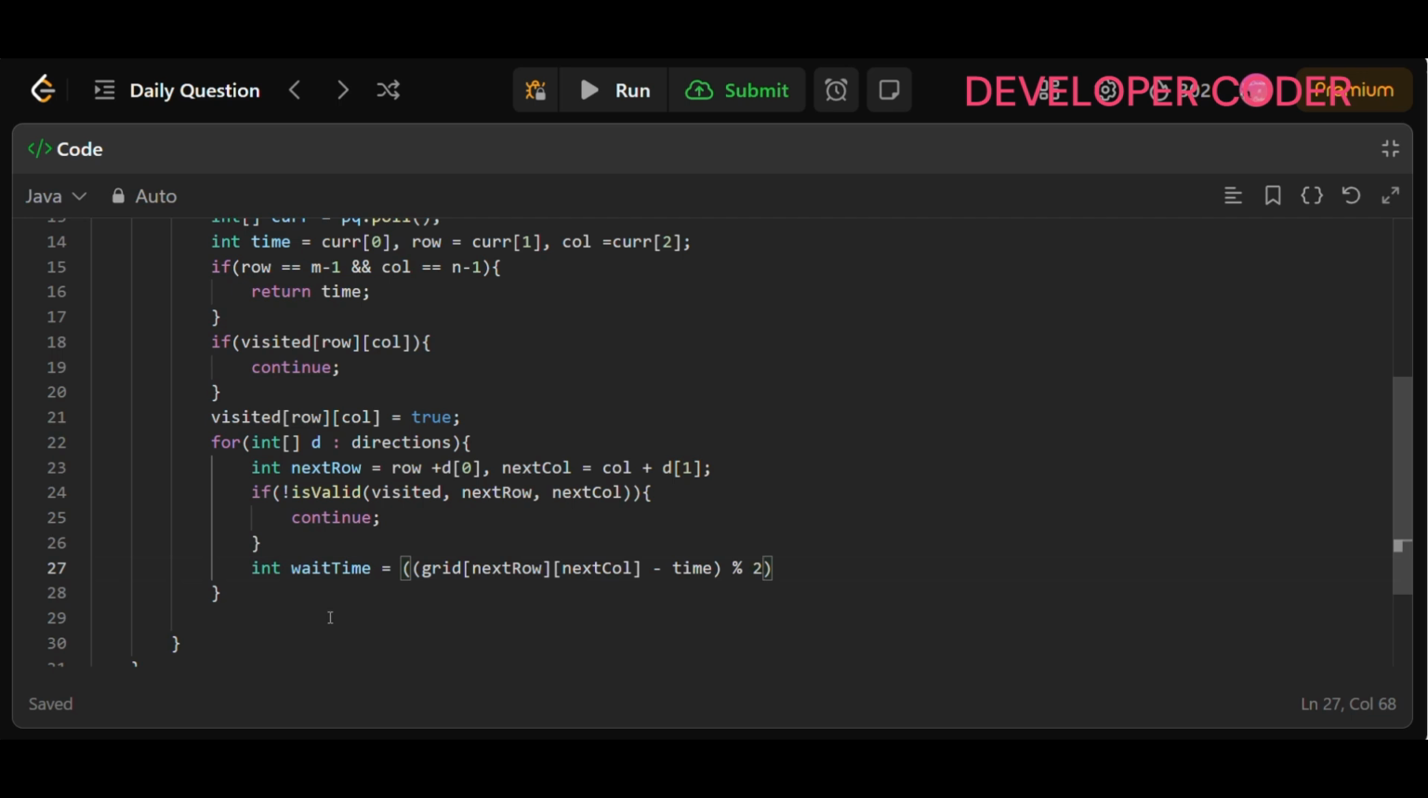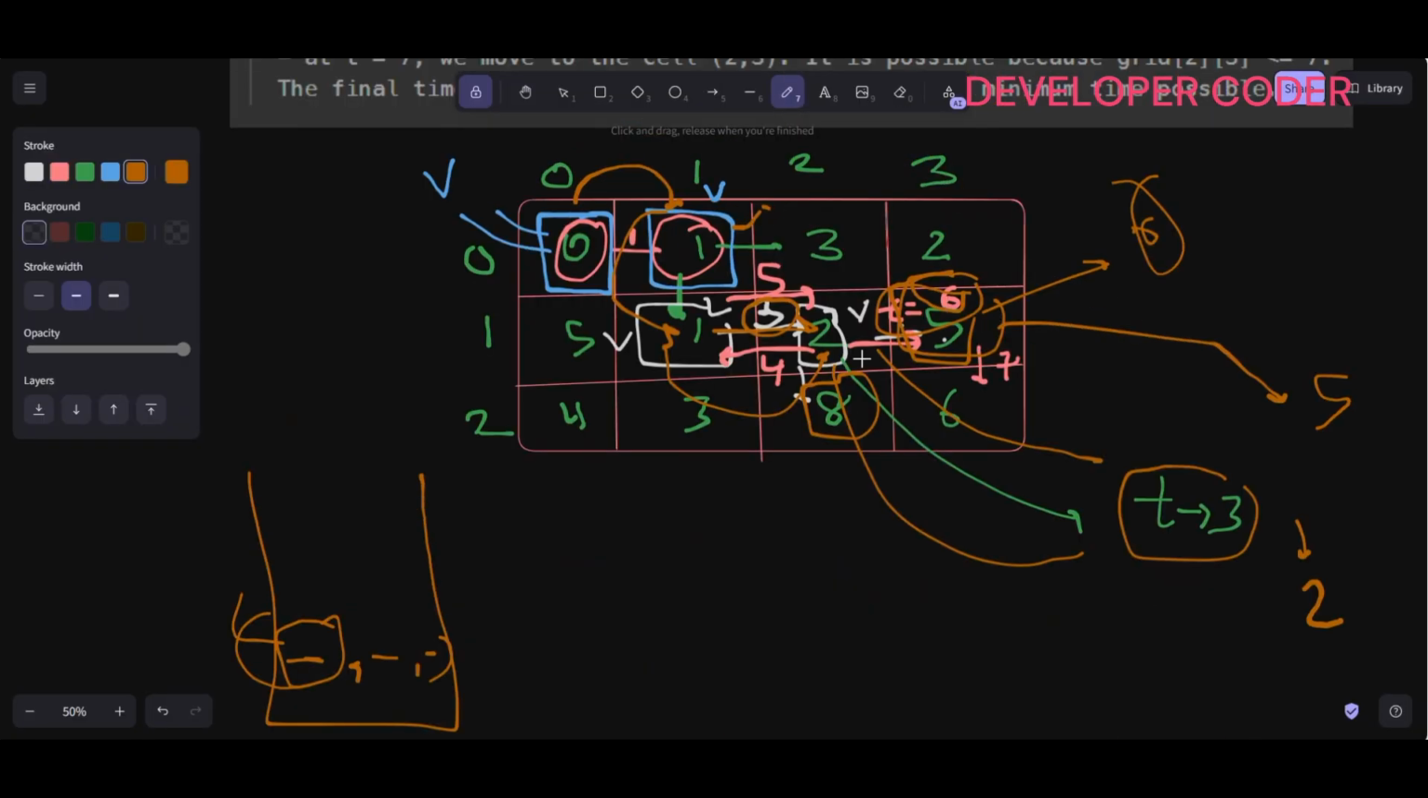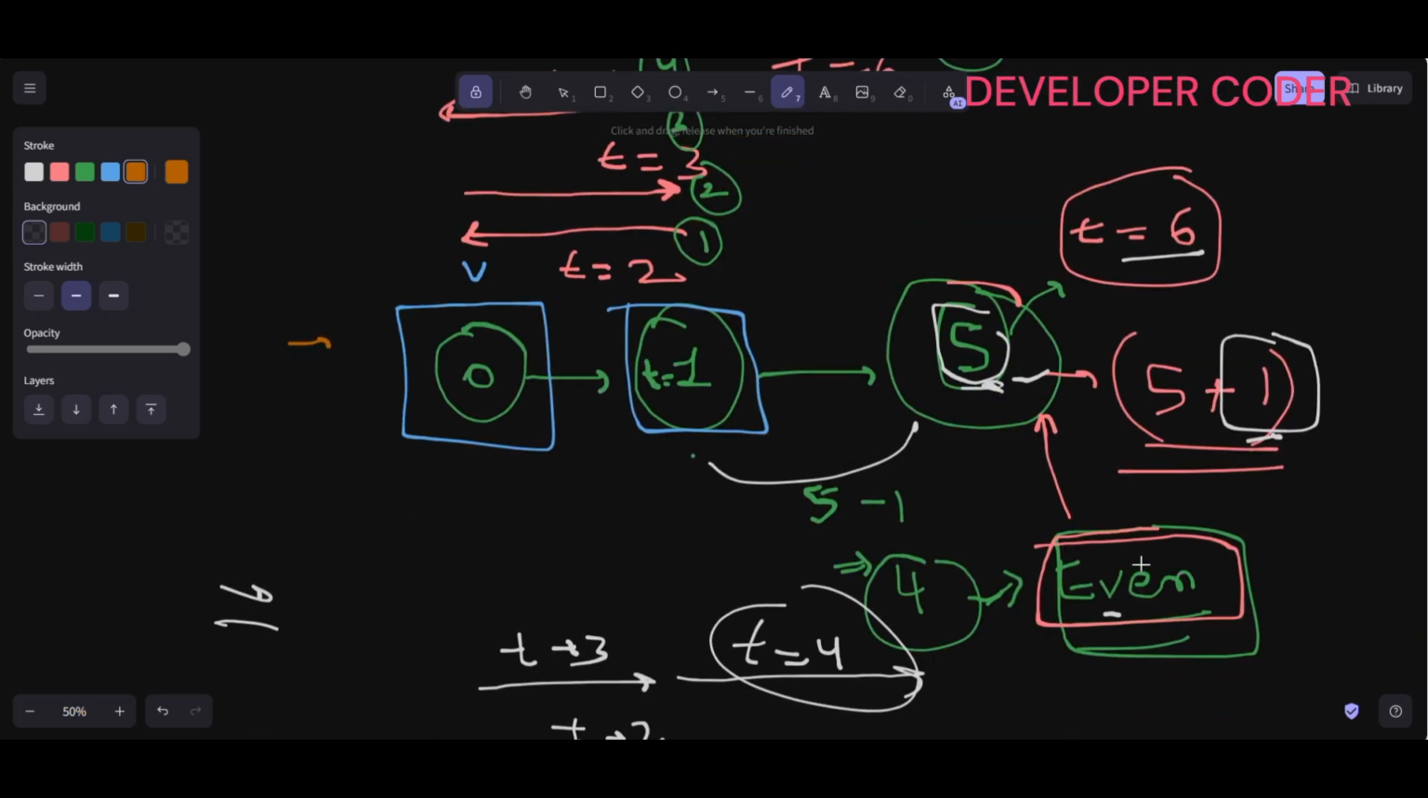Okay, modulus of these two, because this is what I was doing, right? Here time was 3. Okay, so you can understand here now. So this time was 1, and here this time was 5. Okay, so 5 minus 1, I see the difference is even. Okay, so if the difference is even,